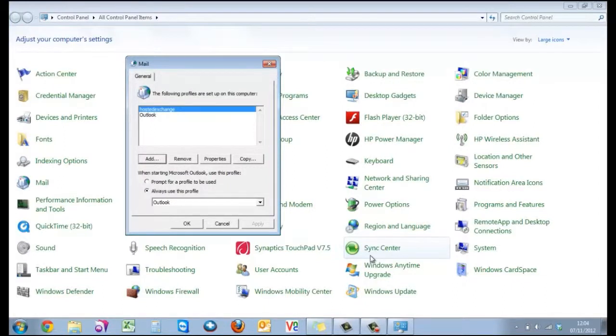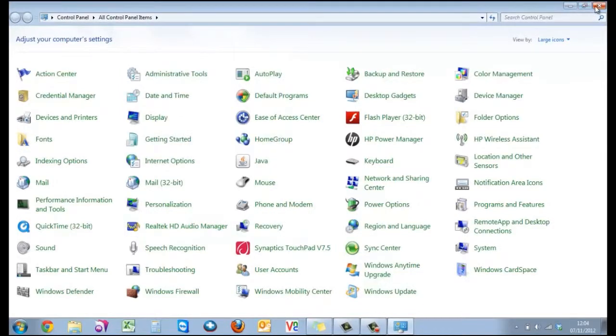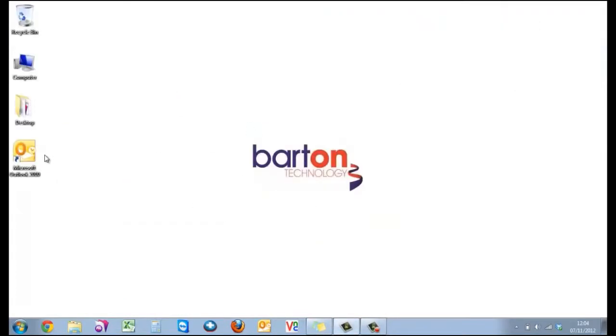In order to ensure that you are going to open up your hosted Exchange account, if you have multiple accounts, just make sure that you have changed this option here so it will open up your hosted Exchange account. Apply that and hit OK, and then you can close the control panel. Then what we need to do is just open up our Outlook application